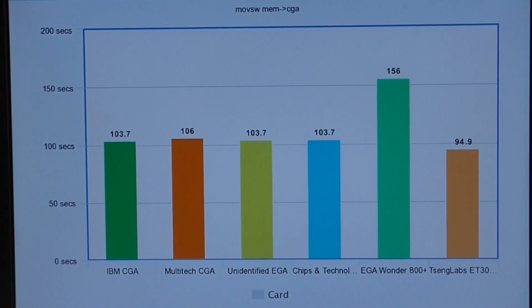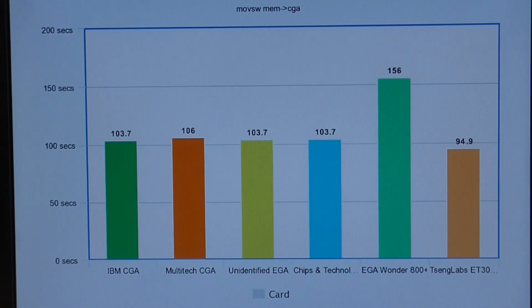The next one is the MOV-SW instruction, and this is what you'd use if you were doing your computations in main memory and then you just wanted to move the data into the CGA card. And you can see that the CGA and EGA cards are all about the same here, with the exception of the EGA Wonder, of course. But there are some minor differences between them, and they don't split between CGA and EGA this time. The unidentified EGA card is basically the same as the CGA card from IBM, whereas the Multitech CGA has a slightly different time. But otherwise the timing is very similar, and I should mention that the timings here are really reproducible,